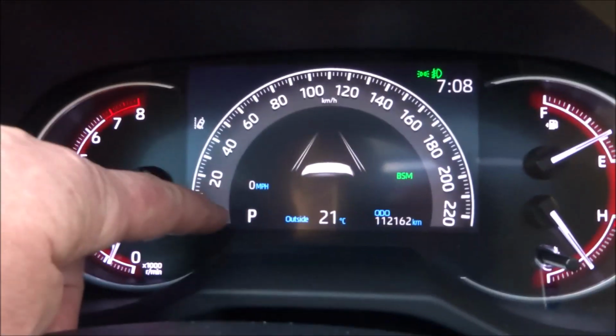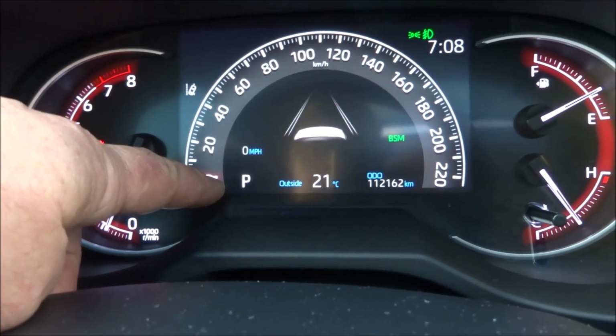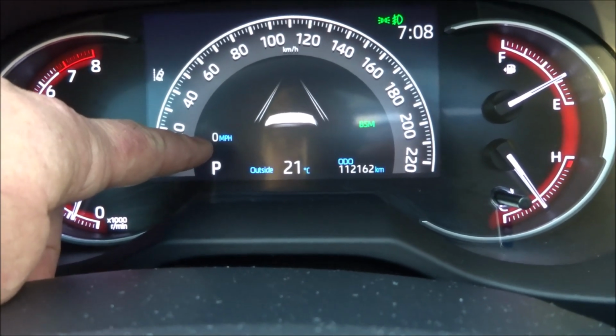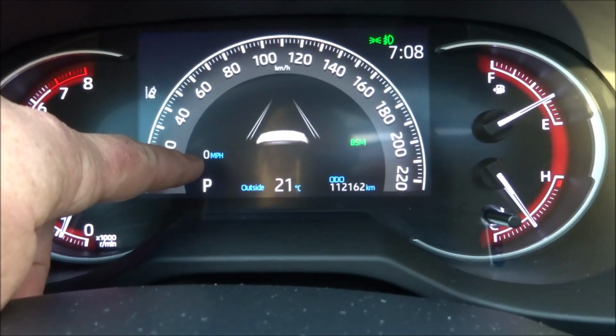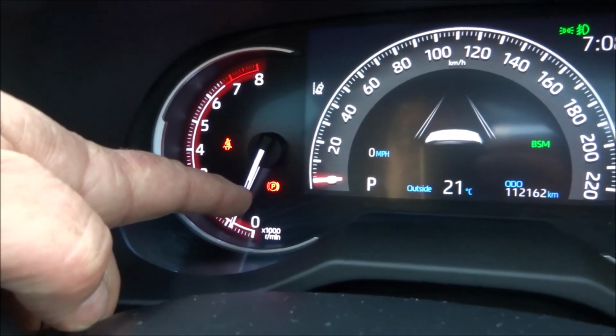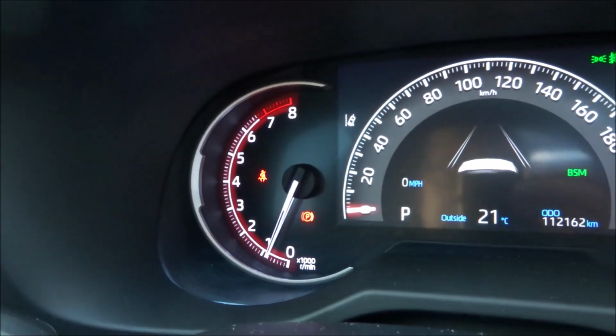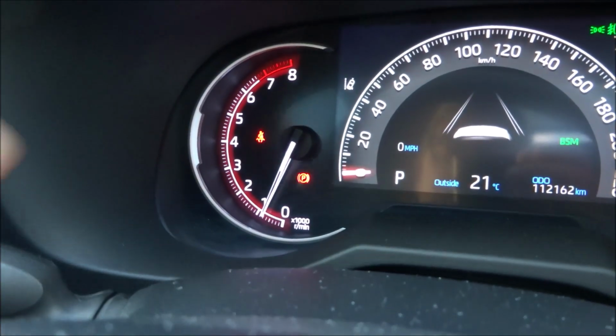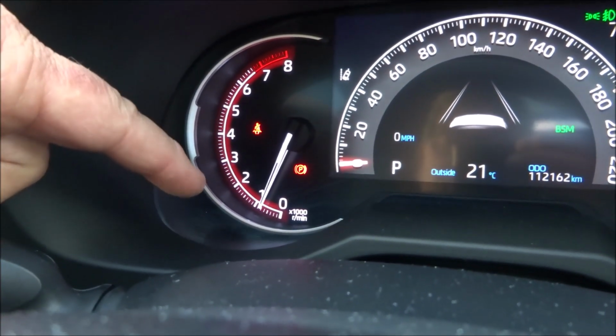Ambient outside temperature. P just indicates you're in the park position of your transmission. You can get a digital readout either in miles per hour or kilometers per hour through here. And then we've got warning lights here just telling us our parking brake is on, and I don't have my seatbelt done up. But this sweep gauge here is your tachometer,